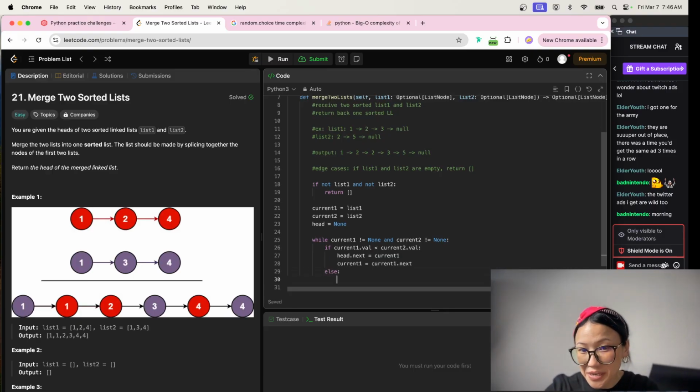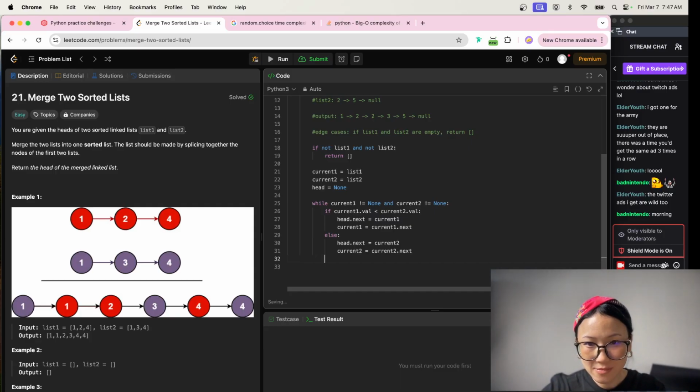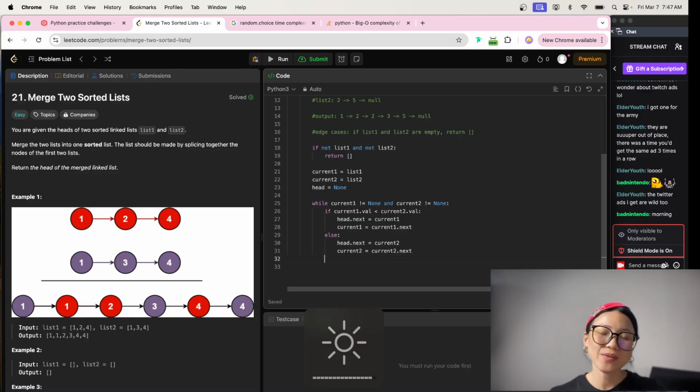Else we know for sure then is gonna be current two. So we can just go, okay, wait. Let me write this. I just figured it out. There's gonna be a flaw. Current two. So go to current two dot next. Okay, so what I just realized when I was writing this is that,